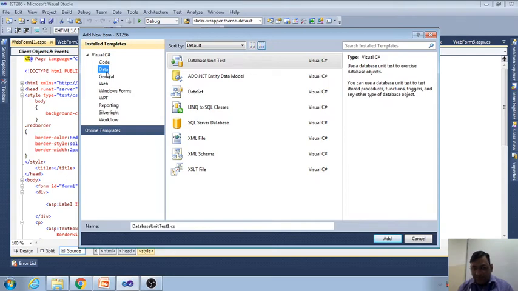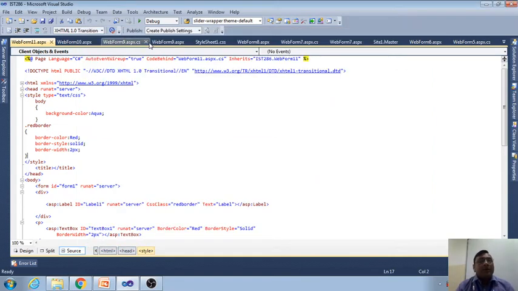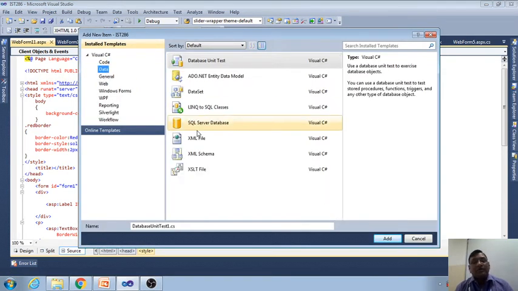Select Data from the left-hand side and choose SQL Server Database. This is how to create a database.